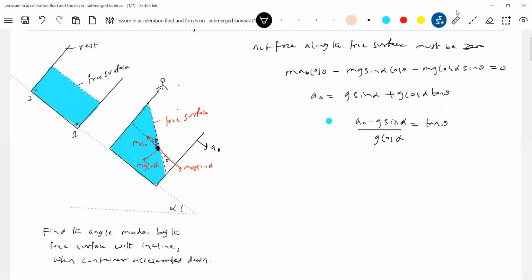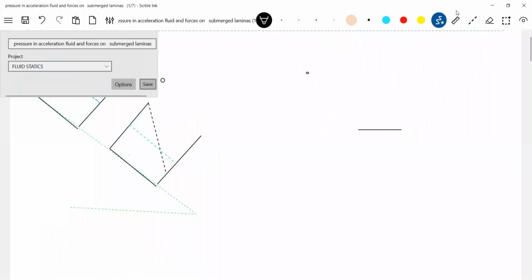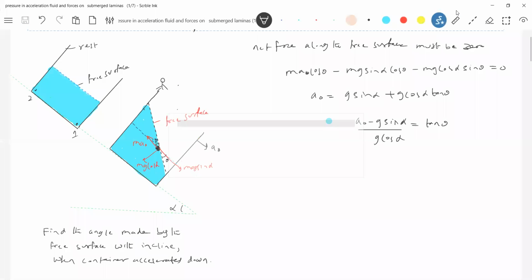Theta with respect to what we measure? Theta with respect to the incline, not with respect to horizontal. With respect to horizontal, it will become theta plus alpha. I think you have to be a little bit alert with these conditions given. And now, if they ask you to calculate the pressures, okay, now apply the manometric equation and solve it.